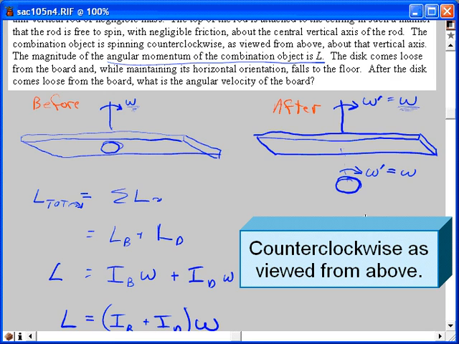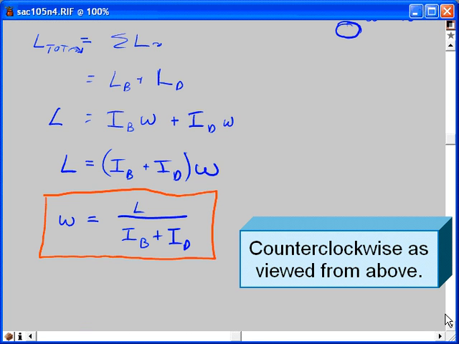It's true, angular momentum is conserved, but we didn't have to write the sum of the momenta in the before picture is equal to the sum of the momenta in the after picture, because angular momenta, I'm talking angular momenta, because it's clear there were no torques even exerted by objects on each other in this problem. So it turned out to be a pretty simple problem. It's just a matter of figuring out how fast it was spinning in the first place based on the given information. And that does it for SAC 105 problem number